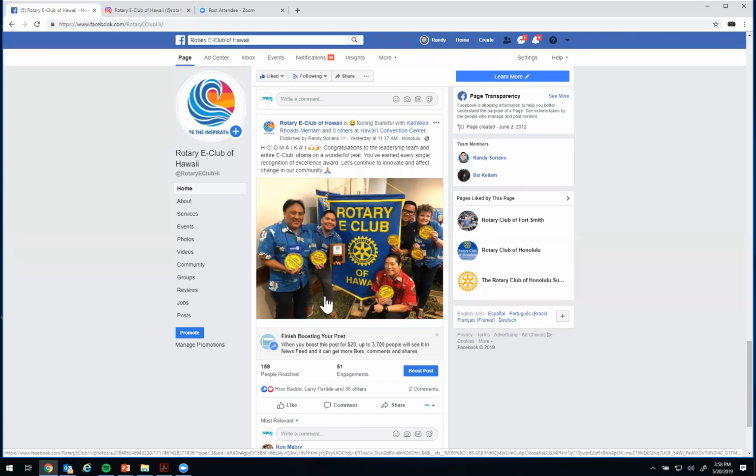Okay. My recommendation to you would be to identify, because actually the eClub had a very similar issue when we first started: we weren't sure who owned the page or who managed the page. So I would figure out who initiated the page originally, and then you can get permissions to go into the back end of the page.